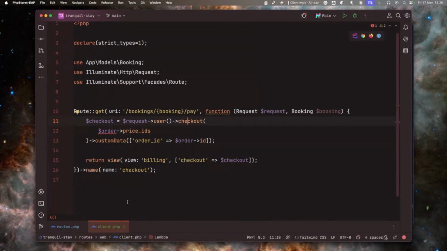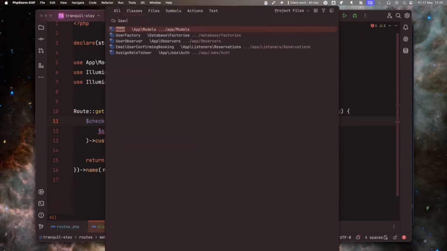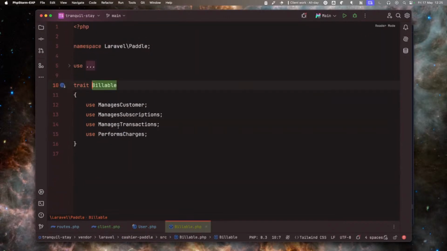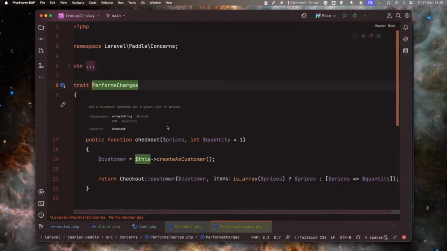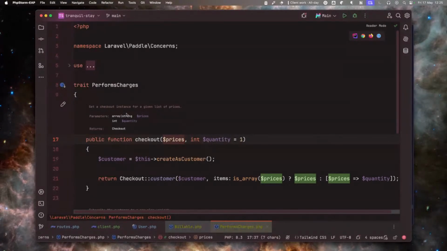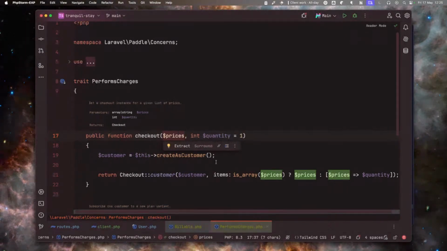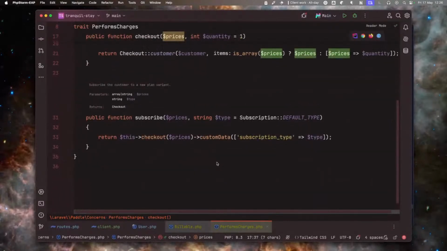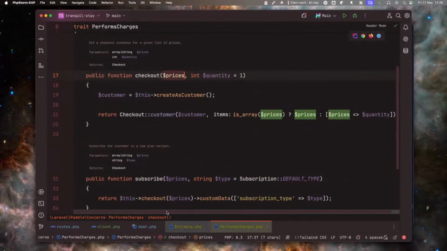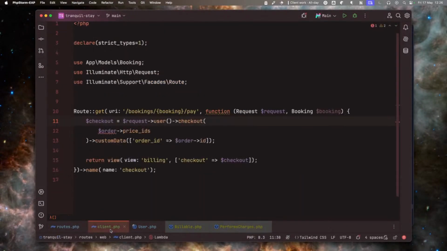User checkout. So if we go look at our user model, let's understand what this checkout method does. Checkout prices is an array of strings with a quantity, and that string is going to be something. I'm assuming that's like an amount. So our